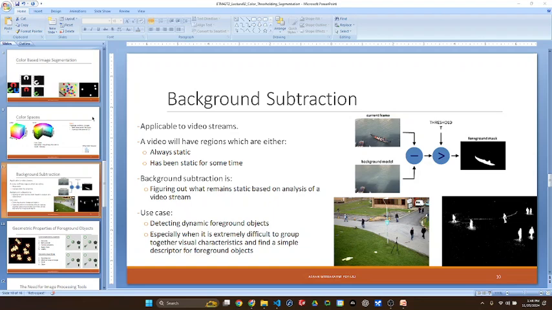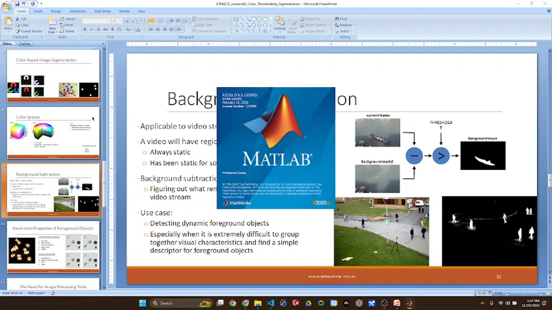Now this is really simple to do, right? We need something like a video. We cannot do background subtraction on a simple image. We need a reference. So let's say we have frame number one and frame number two, and the background is static for these. If a man has moved to another position,